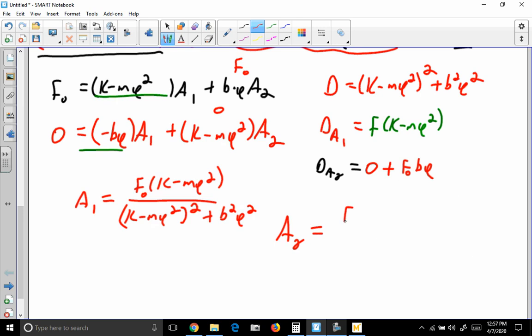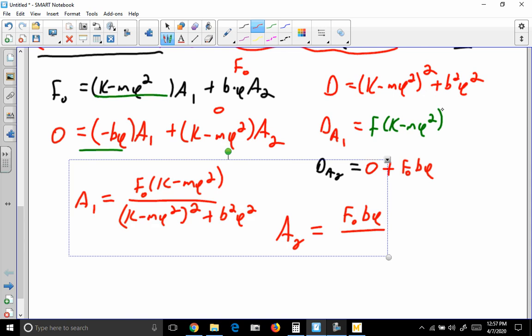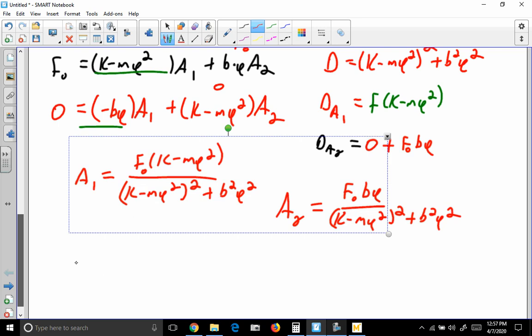A2 is F0 b gamma over that same thing, k minus m gamma squared squared plus b squared gamma squared. So now that we have A1 and A2, our particular solution is A1